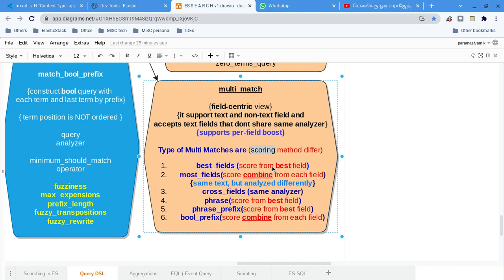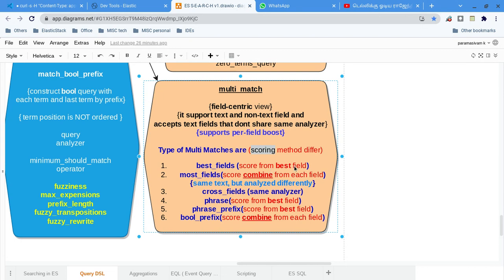The comment field score value is taken. So though the given terms are matched in more than one field, it will choose the best one based on the scoring. That's it.